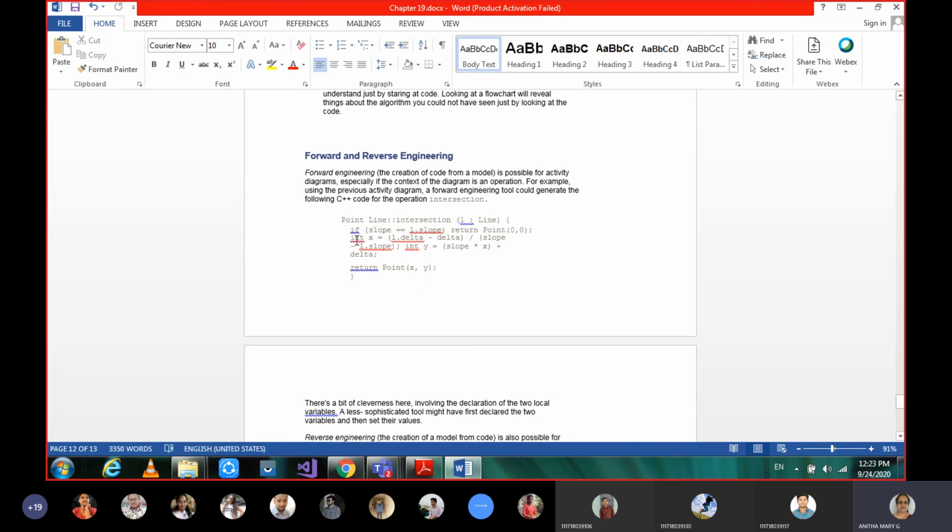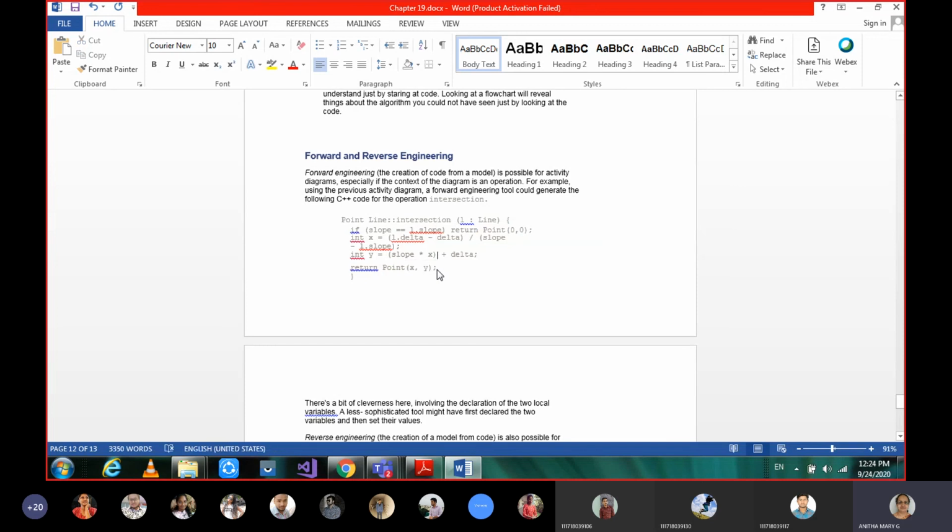The next line, the flow control will be taken care of for each statement next. So next, x is equal to... here we are calculating x as the delta differences and the slope values. That is how we calculate x. And what is y here? y is nothing but slope into x plus delta values, and then we return the point x comma y.